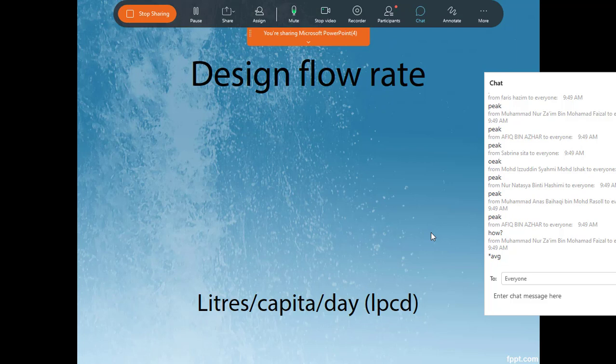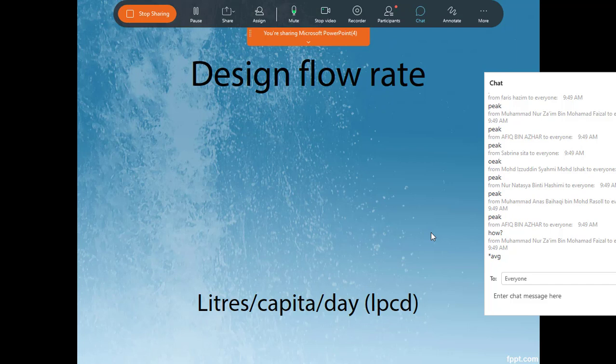One might say that if we reach the peak and we are not ready, we may have some failure in the system. That can be, but normally we use the average and we add some safety, or we increase a little bit, so that will also be enough for the peak. So don't worry. The peak is not constant. It's not something that should happen every day. Yes, it will happen, but it's different from day to day. So the average is normally the governing value, the reference that we use for our design.